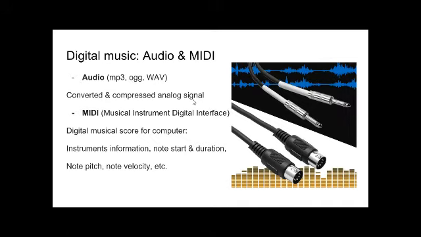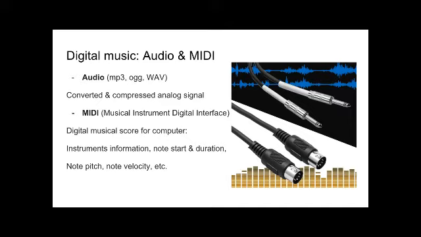So first of all, I'd like to give a very brief introduction to two types of digital music, so to say. There is audio and MIDI. First of all, what is sound and music? It's basically air pressure variations. The air vibrates, and we perceive it with our ears, and we hear it. Somehow, our brain interprets this, but in the end, this is just air pressure variations.